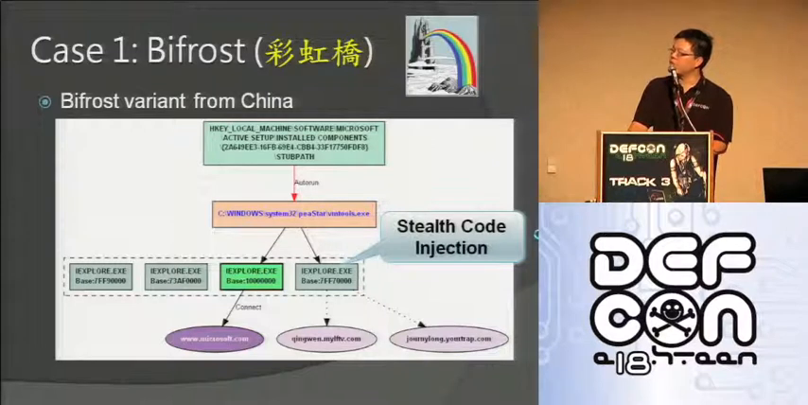This one is a very famous bot that is used in the Chinese hacker community. Its Chinese name is Rainbow Bridge, and the phrase actually comes from its icon, which is a rainbow bridge. So that's its Chinese name. And this Bifrost,